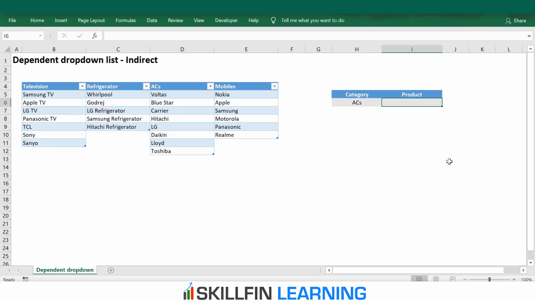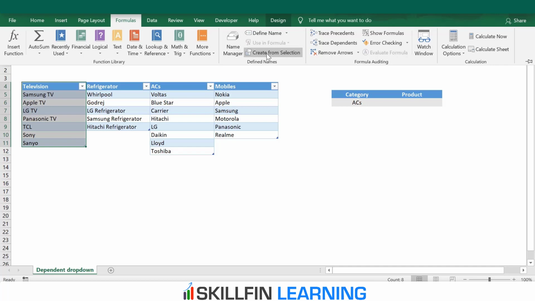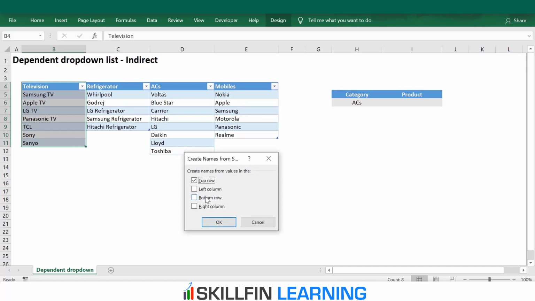Now, to create a dependent product list, we have to create a name range for each of the categories. To create a name range, select the category and go to Formulas, Name Manager, Create from Selection. And in Create from Selection, it asks to create names from the values in the top row.